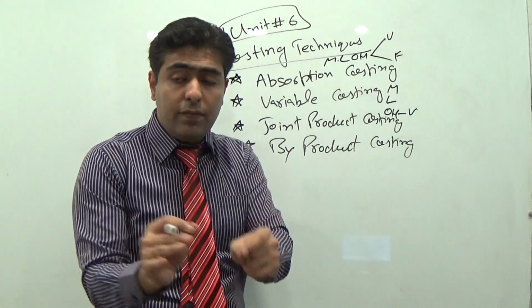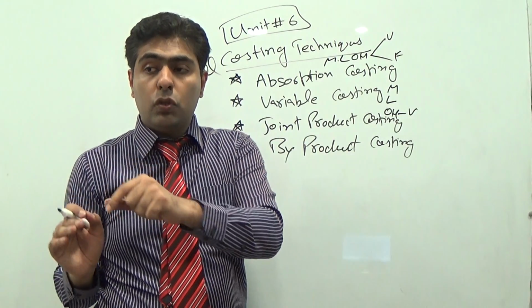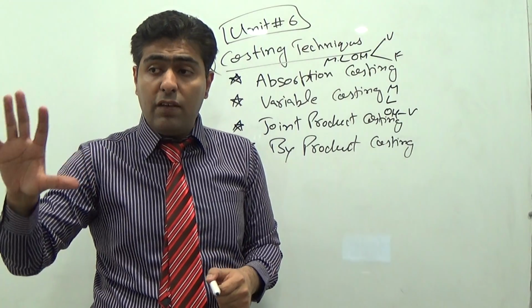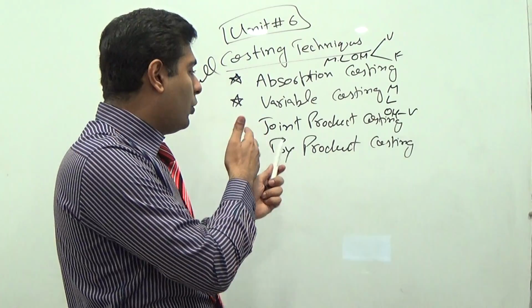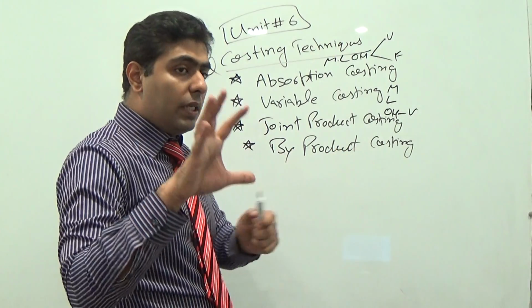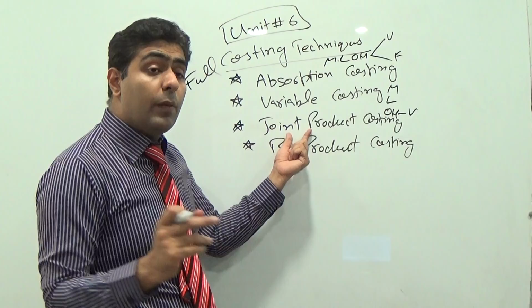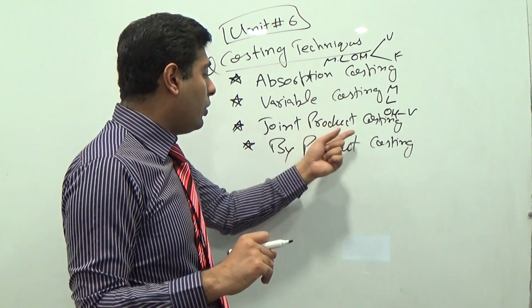For each and every method, I will solve 5 questions. So 5 examples will be solved by myself on this whiteboard for the joint product costing, so that this concept is easy for you, because from exam point of view that is extremely important. So joint product costing and